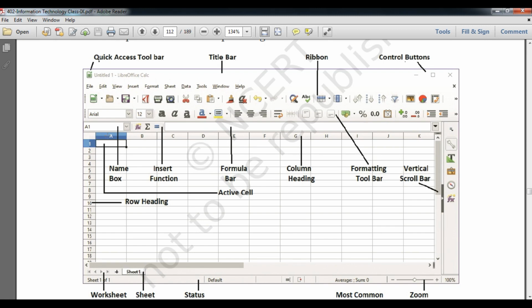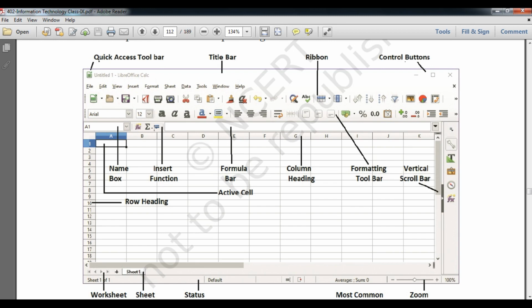And now we are talking about the name box. Here is written A1, it is known as the name box student. So the name box will contain the address of a cell. I will tell you what a cell address is after a few minutes. Now you can see that fx means a function. The function tells you which type of function you are going to apply for a cell, to perform some calculations or operations among the numbers or the cells. And sigma will help you to total the content directly.